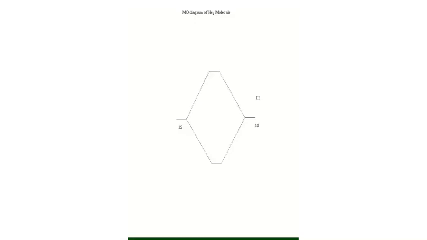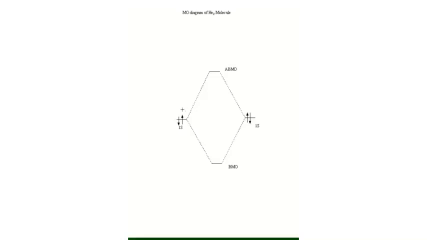Okay, so let's label this as the bonding molecular orbital and this as the anti-bonding molecular orbital, and let's consider the electrons now. So a helium atom contains 2 electrons. So the 1s orbital contains 2 electrons. There is 1 electron, there is the other electron. Here the other helium atom also contains 2 electrons, and they are also in the 1s orbital of the helium atom. So there are 4 electrons altogether.